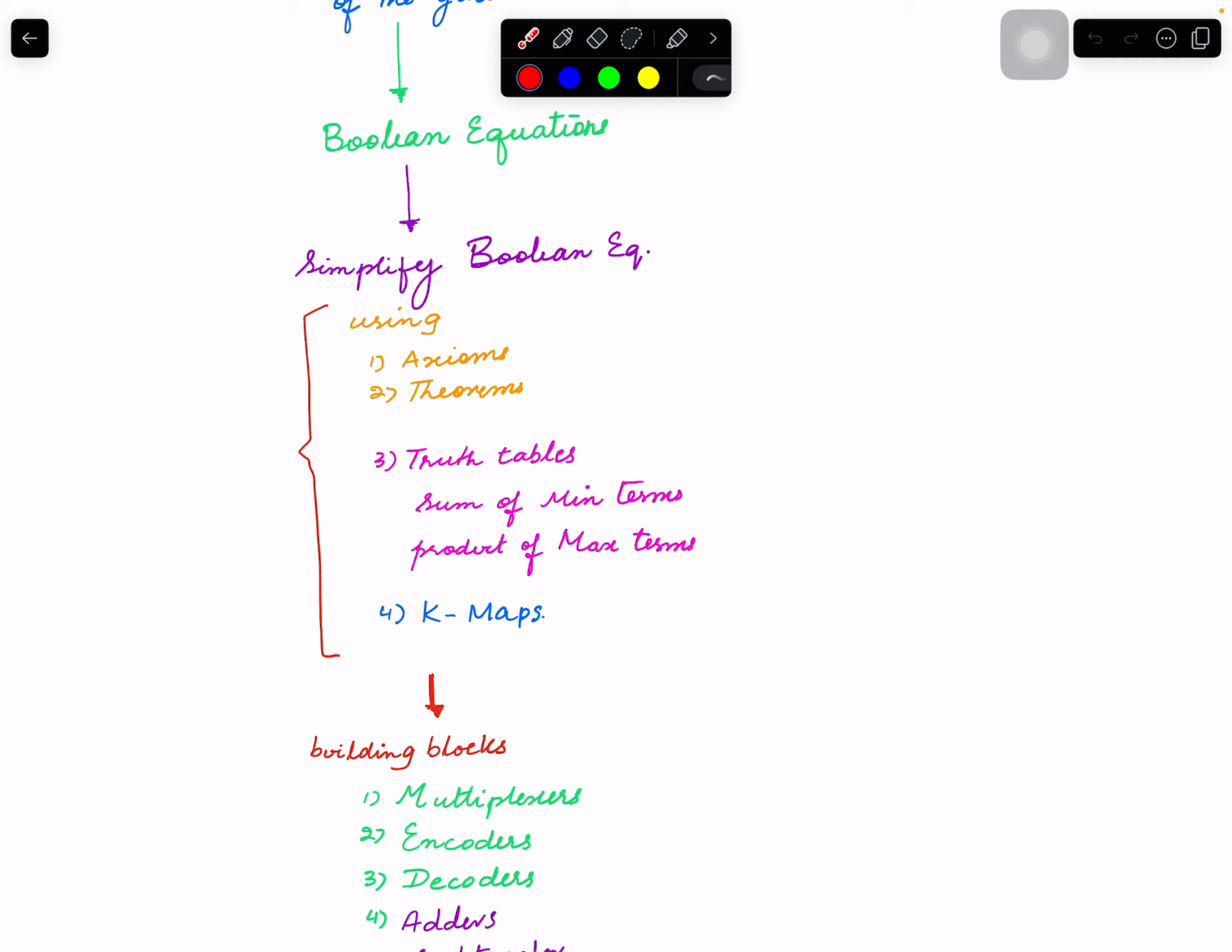Then in the truth tables, when we create Boolean equations, we can represent output as sum of min terms. Min terms use all the inputs, or product of max terms. Max terms use all the inputs. Then I also mentioned how k-maps can be used from truth table in order to simplify the Boolean equations. So smaller Boolean equations, fewer min and max terms on those means we will have fewer gates, means we will have a simpler hardware